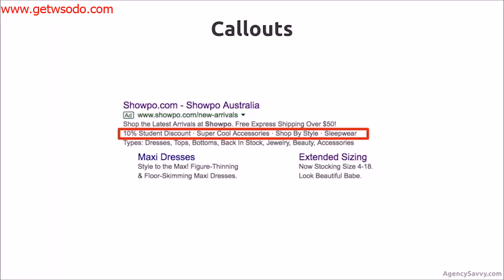Callouts are the ones that you'll see with a little dot in between them here. So there's actually 4 here. 10% student discount is 1. Then there's that little dot. Super cool accessories is a different one. Shop by style and sleepwear. Again, these are maybe secondary benefits, maybe some features, maybe just things that you want people to know about the business, but they weren't important enough to put in the actual ad copy itself, but just